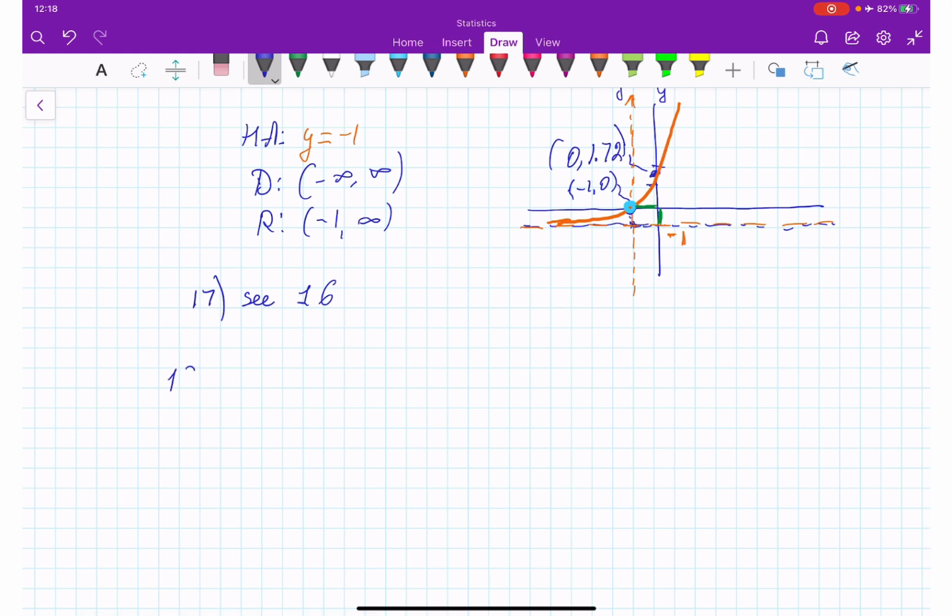And then, okay, now 18, it's going to be a different story. E to power negative x. Remember when we have a negative exponent, how it's going to go? So 2 points, it's going to be negative 1, and 1, 2, 3, 2.72, it's coming here. And 0, 1, it's here. And the graph is going